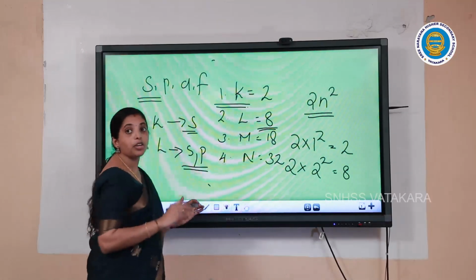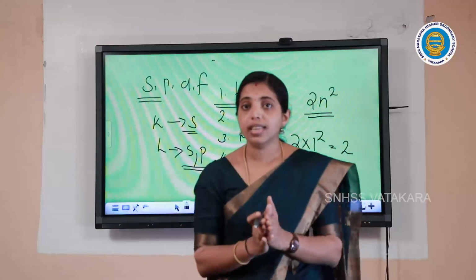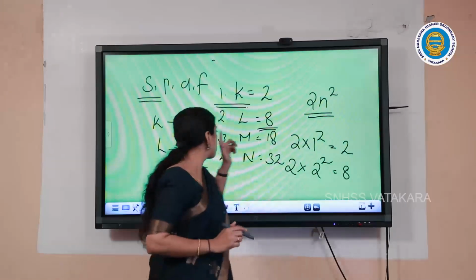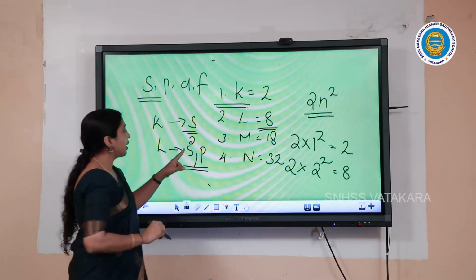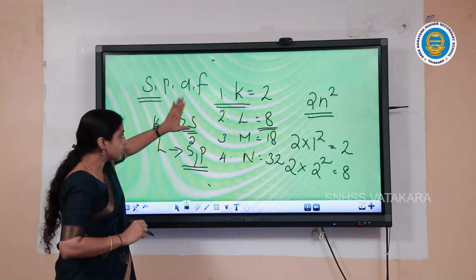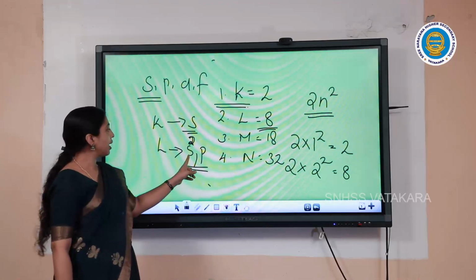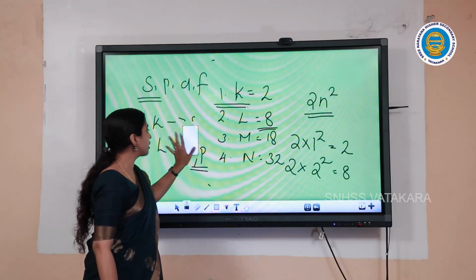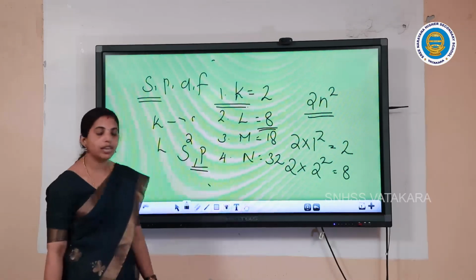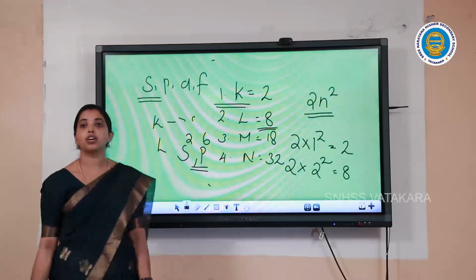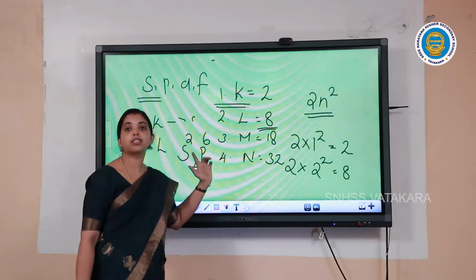When you are writing the electrons in a subshell, you always write them as a superscript of that subshell. So S, you can write 2 here. Then the balance electrons 6, you write 6 for P. Total number of electrons 8. So L shell has 2 subshells, S and P.